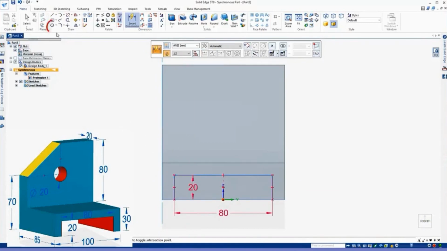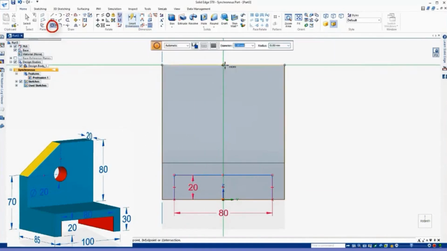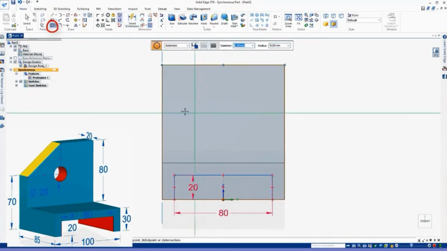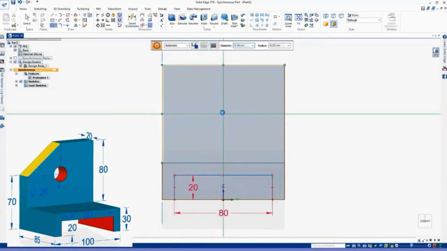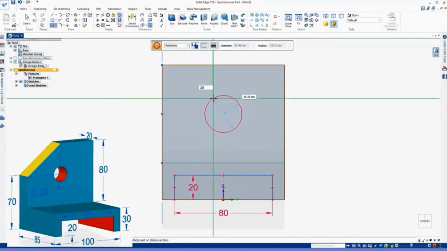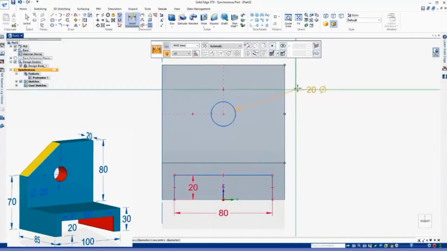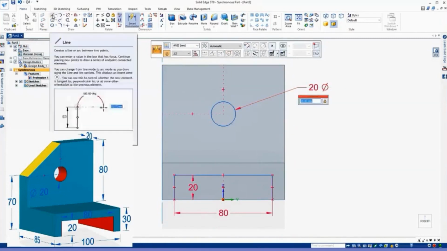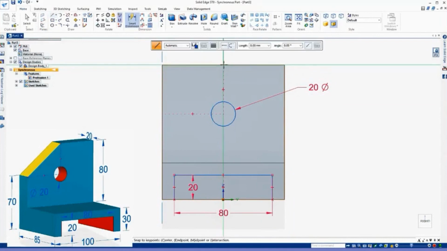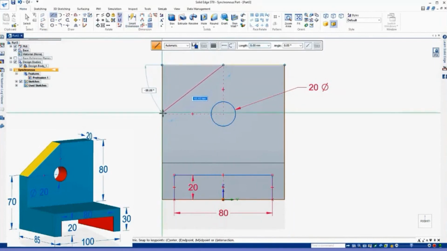Now I'll go and draw my circle in here, and I know this is at the center, so I'll wave across my lines here to get the midpoints, and I know this is 20, and I could put a dimension on that also. And one last thing here is the line, and I know my line is from midpoint to